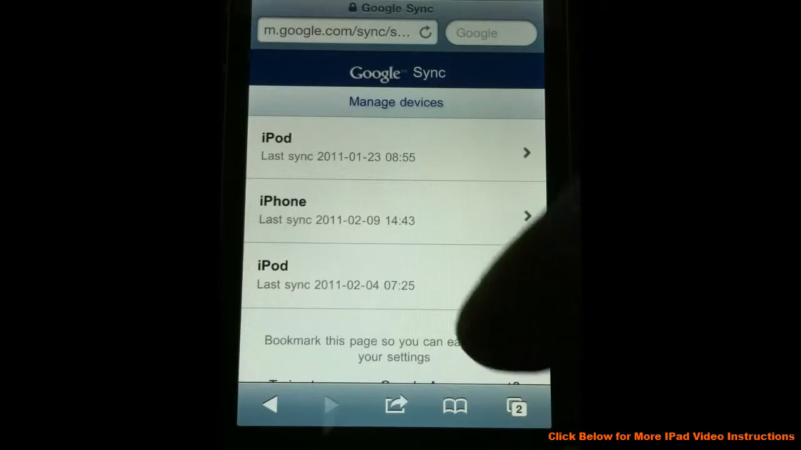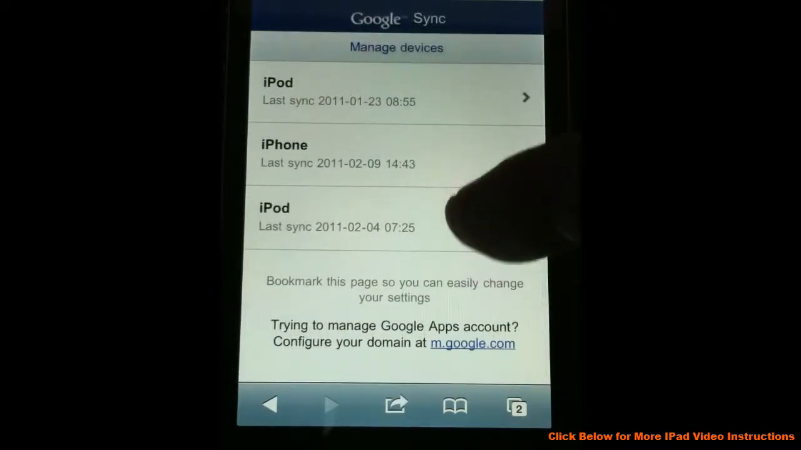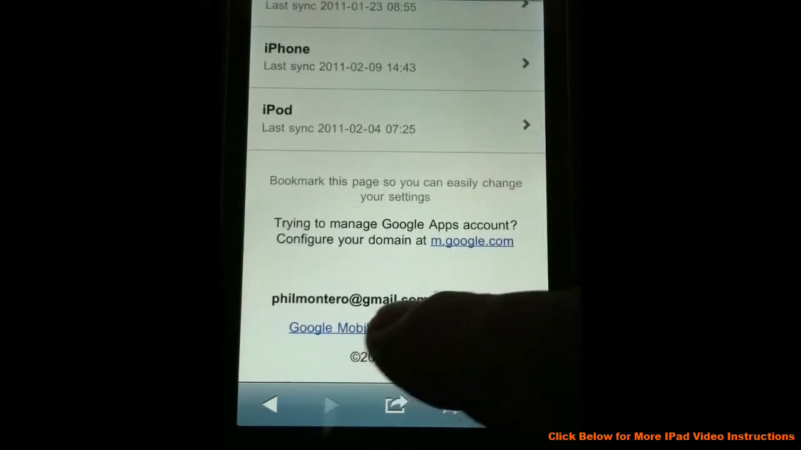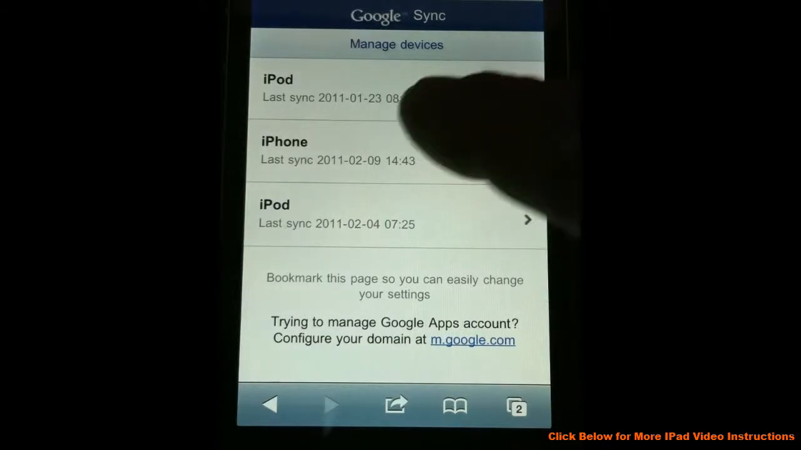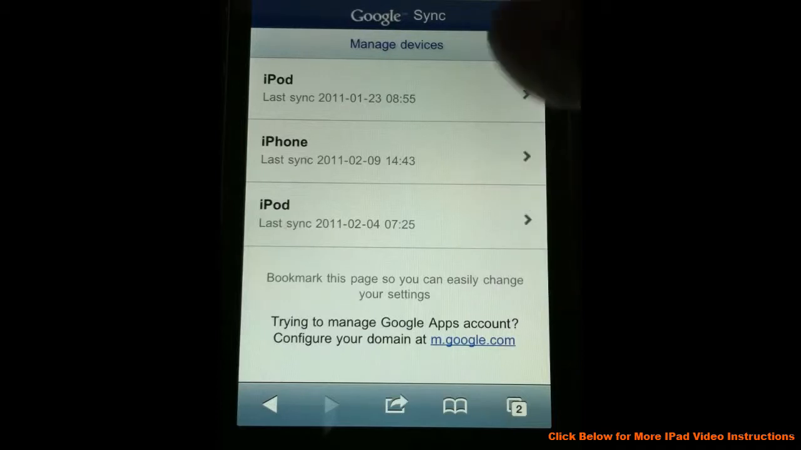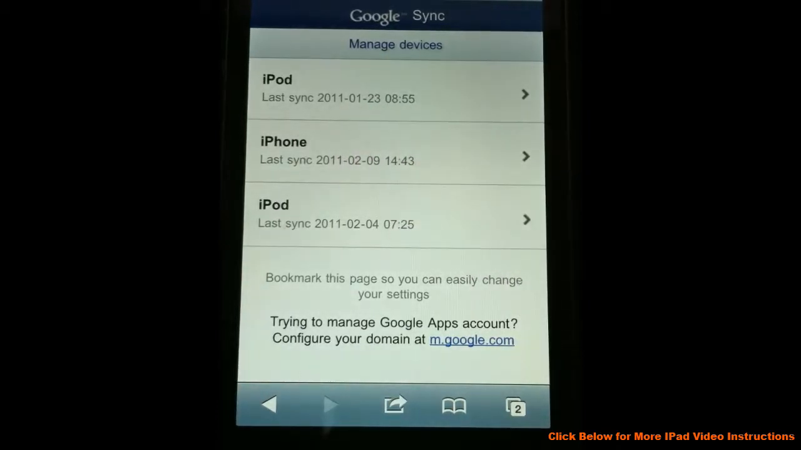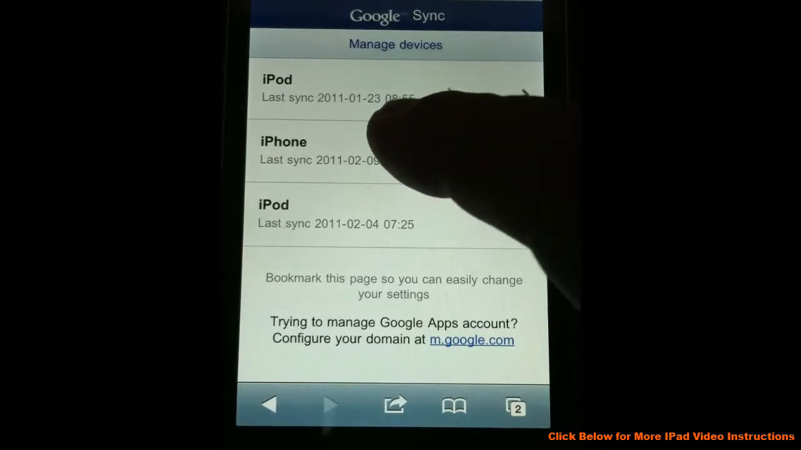And when you first come to this page, I've already logged in, but if you haven't logged in yet, it would ask you to log in with your Google account. You see here I'm logged in, philmontero@gmail.com. So you type in your username and password, and then it will show your device, iPhone. I also had a couple of iPods, so you see those are also listed here. But in your case, you would have just one device. Assuming you only have one Apple device like this, it would be called iPhone. And when you click that,